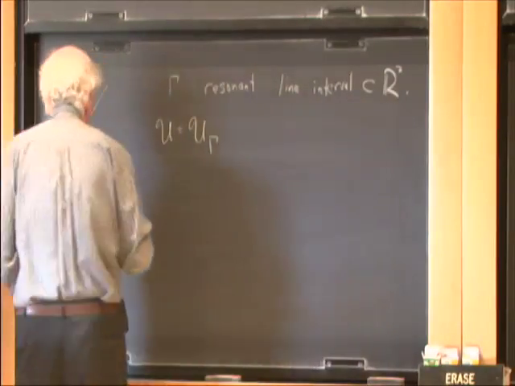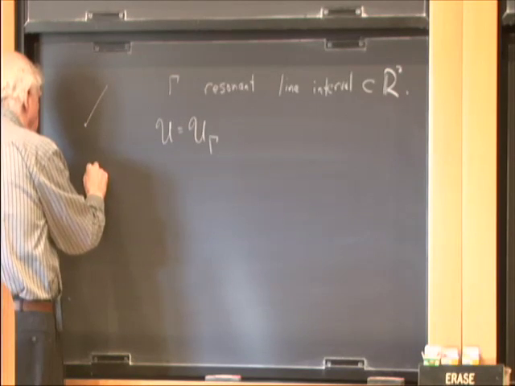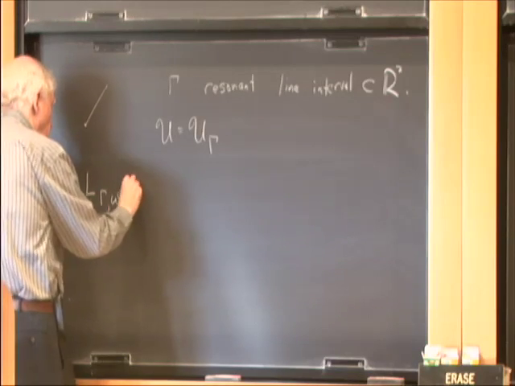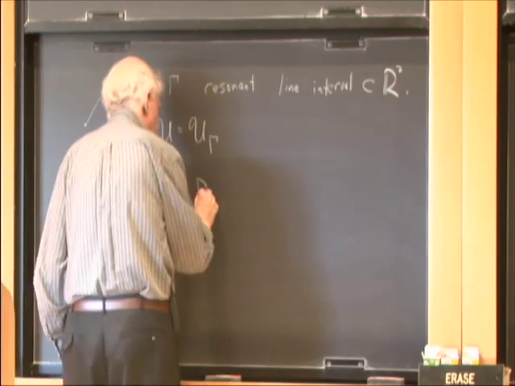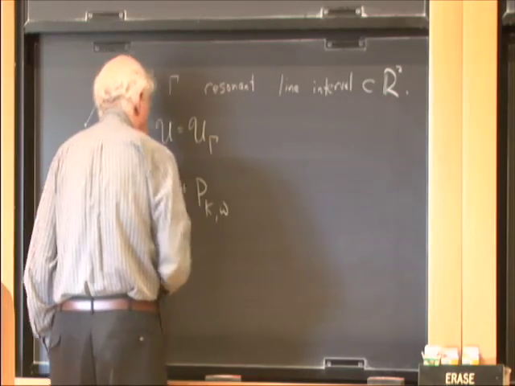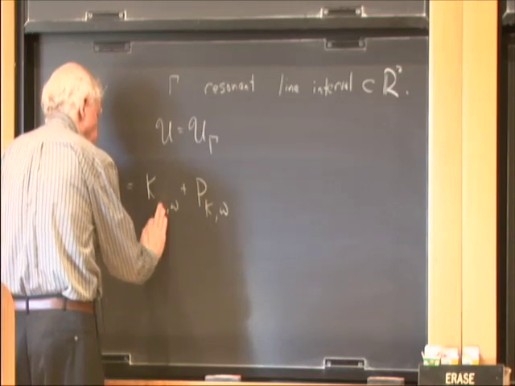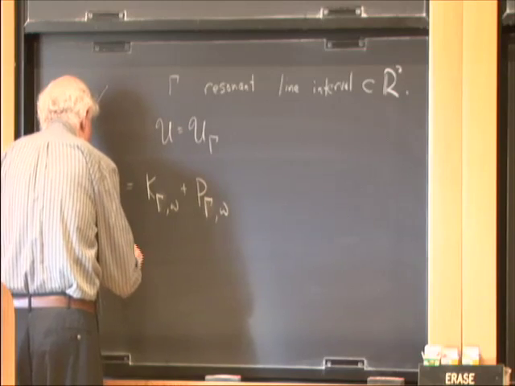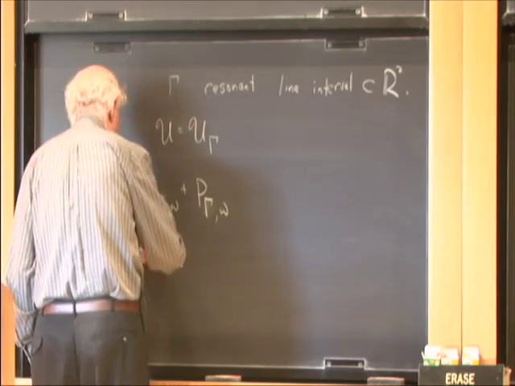So we have, I think I call it, L gamma omega equals K gamma omega plus P gamma omega. And P gamma omega is just the average of, applied to phi,